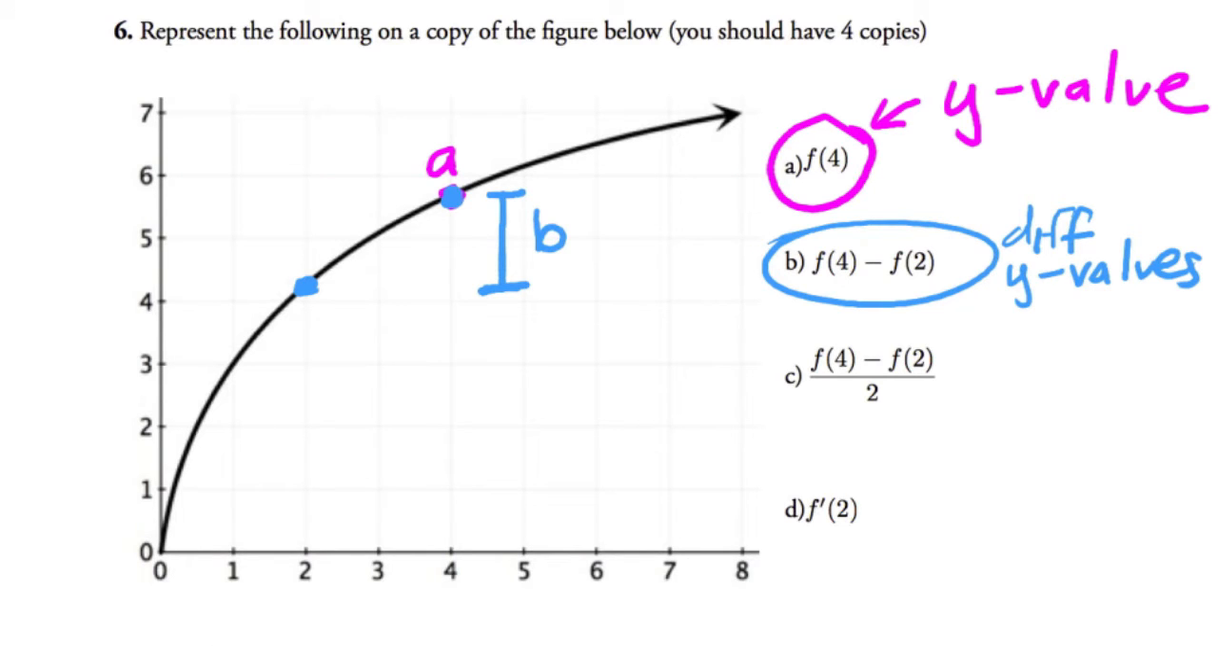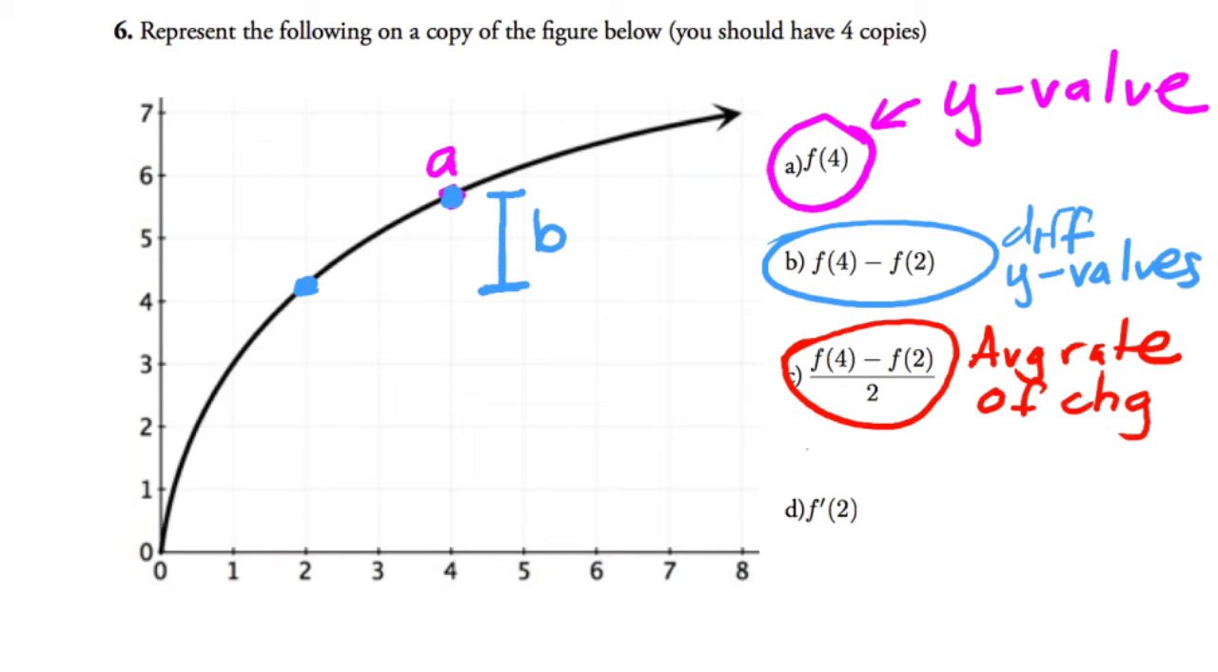Okay. Now, this guy, f of 4 minus f of 2 over 2, you might notice, this is the average rate of change, right? This is the average rate of change, also known graphically as the slope of the secant line. So if I'm going to graph that, this is basically the secant line between 2 and 4. So right here, if I draw the line that connects those two,